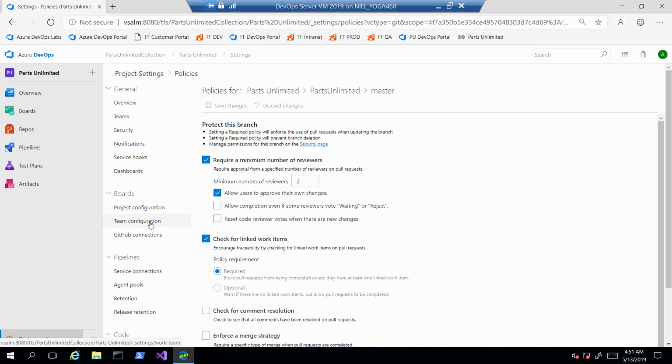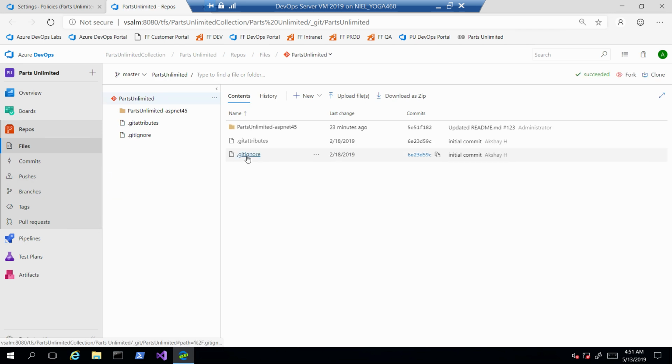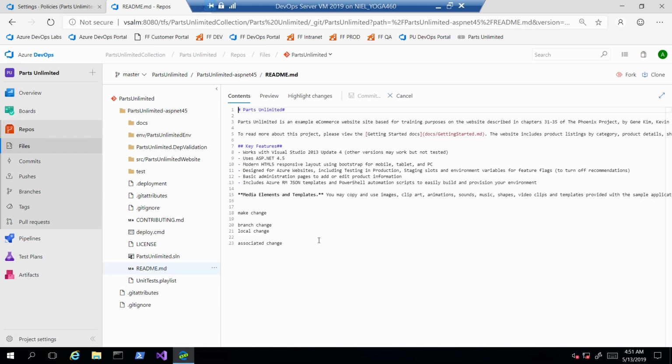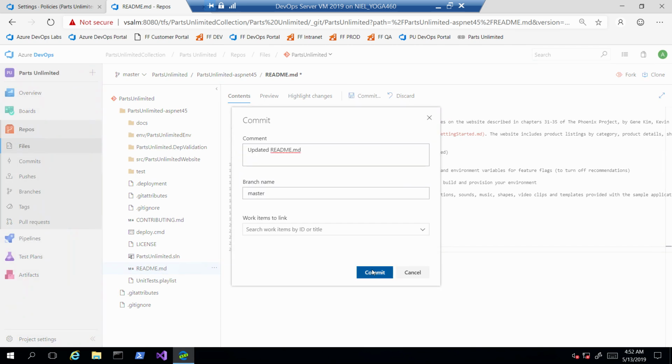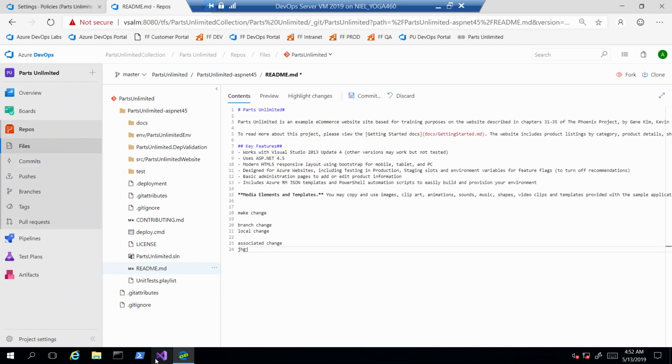So once I've set up this policy, I should not be able to commit directly to this branch. The only way for me to get a change into this master branch now is to